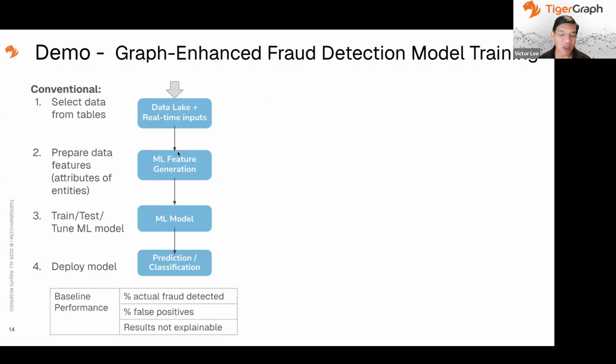You design a system which takes features from that data. So you have what you call entities, like an account holder, a party, a merchant. Those are entities. But then they have characteristics: their location, the size of the transaction, the time of day. Each of those facts we call a feature. So you gather those features, and you also have some known fraudulent activity from past historical information, and you prepare